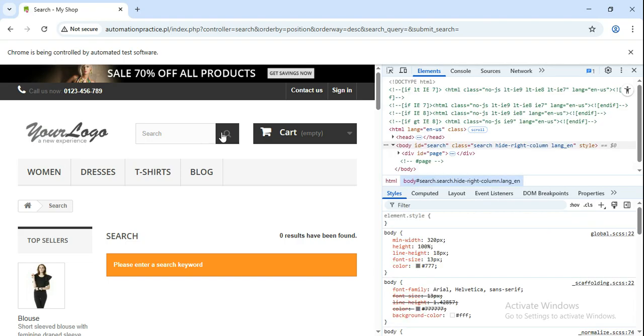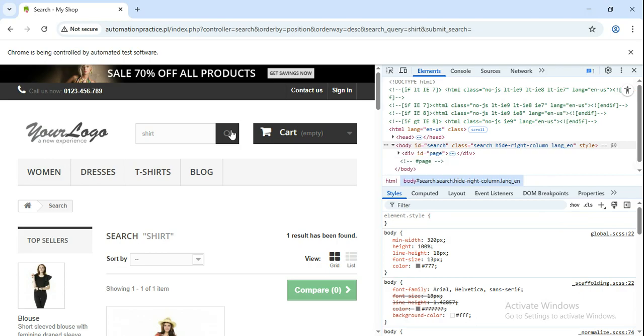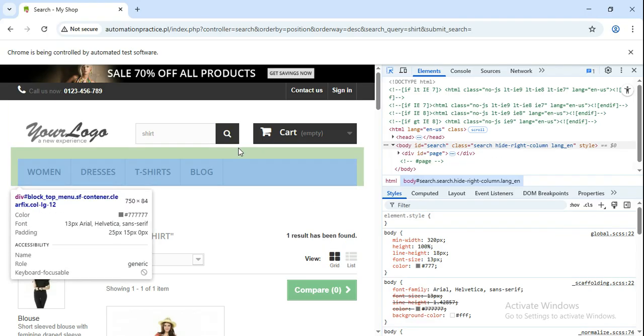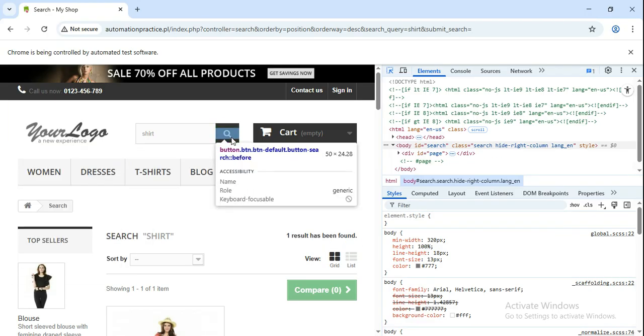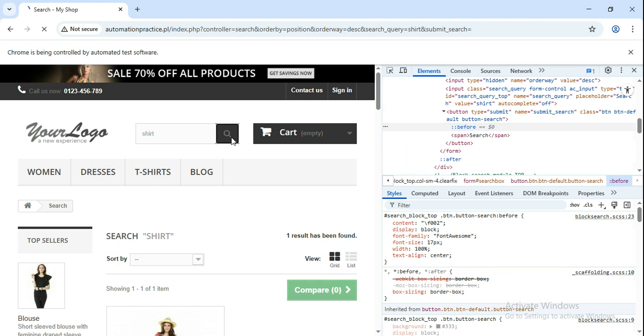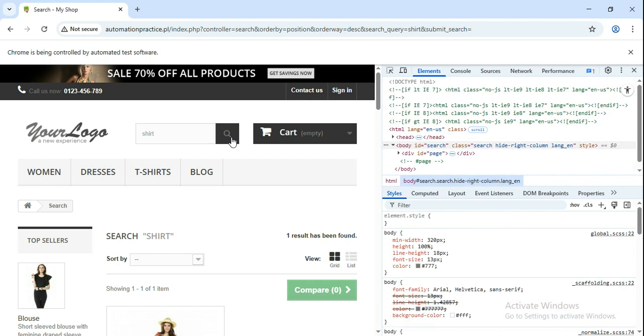No, it's not coming. Give something search, then click on here, will it work? Click on inspect. Now here you can see button, button is there, but here it is not button. Why? Again close this,